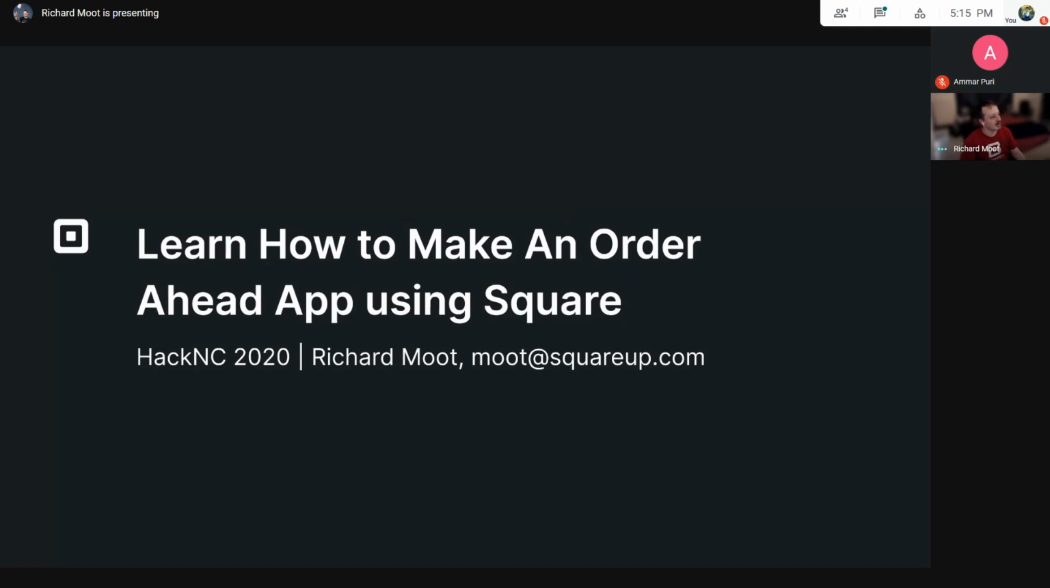Learning how to make an order ahead app using Square. Today we're going to be talking about how to use Square's APIs and how to actually combine those into this singular experience that we refer to as order ahead. And so